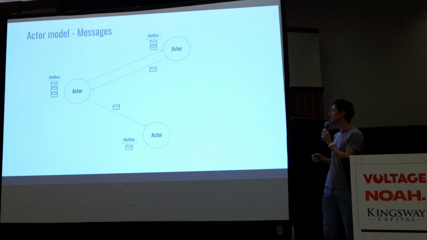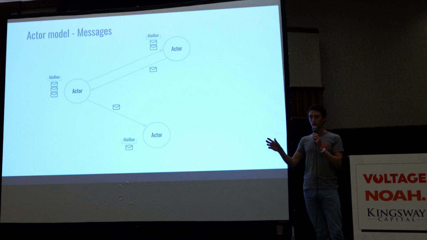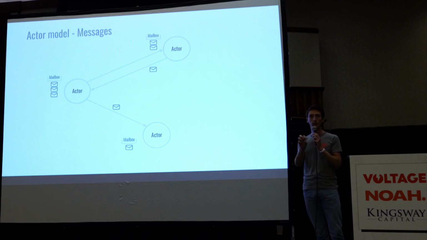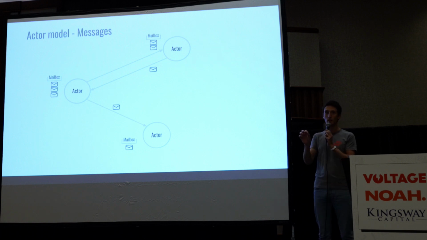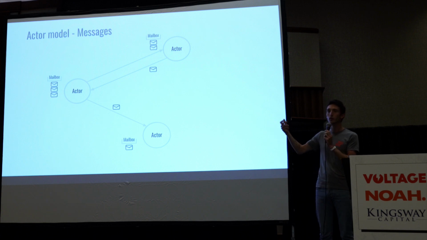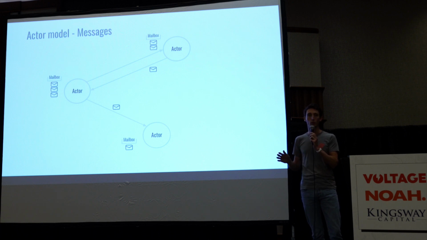So the actor model is built around messages. You split your code inside actors, which are very simple, very lightweight processes, basically, that encapsulate mutable state and run in a single thread. What I mean by that is they send and receive messages. Whenever an actor wants to interact with another actor, it's going to send an asynchronous message to that actor, which is going to land in a mailbox and at some point be handled by that other actor. And handling a message is done in a single thread, which means it removes all the concurrency issues.